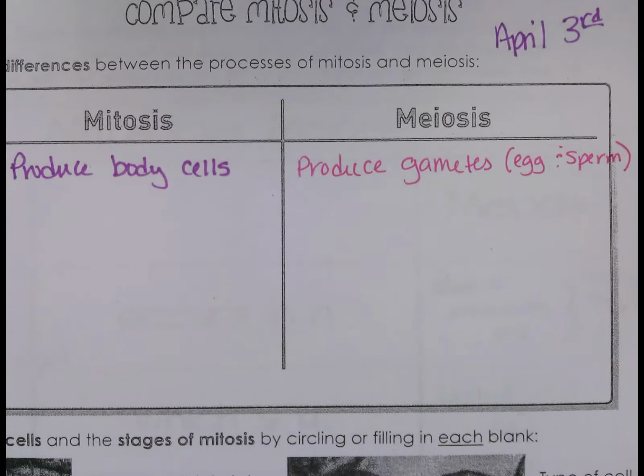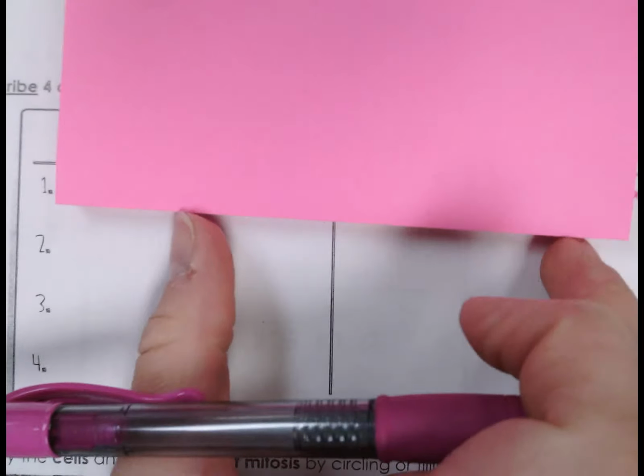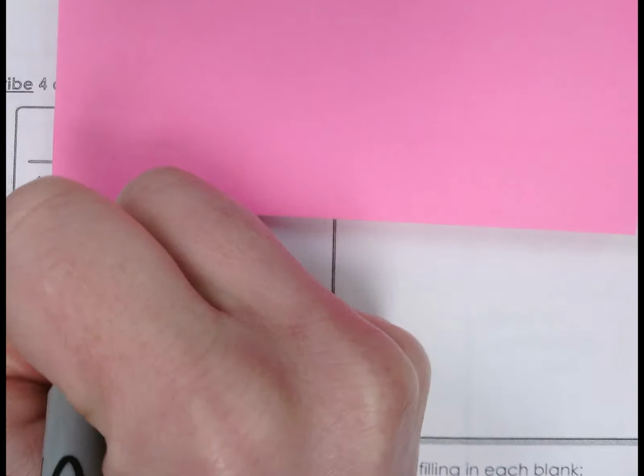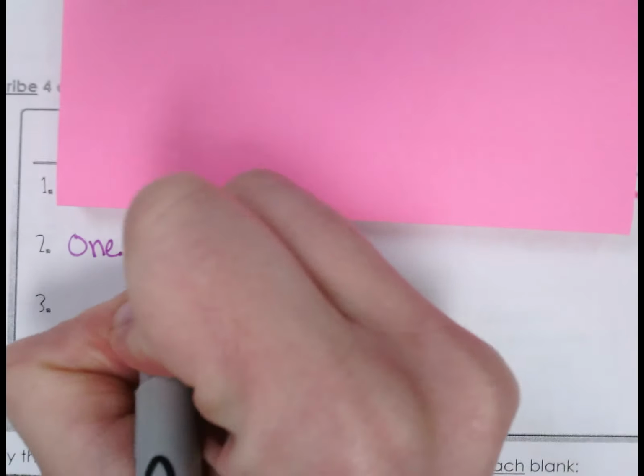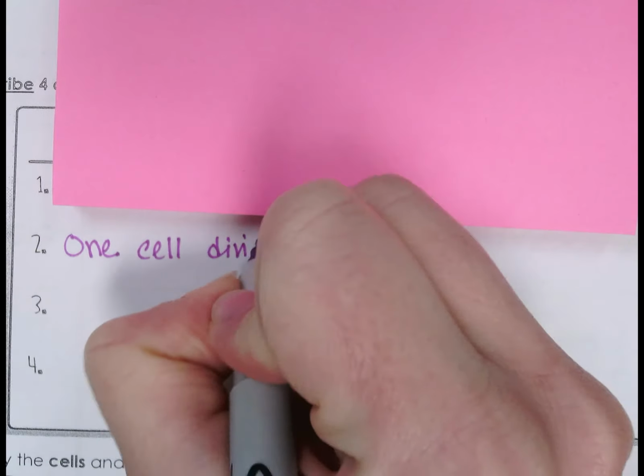Okay, so produce body cells, produce gametes. And of course, kind of cover that up for a little bit. The second thing that we're going to be comparing them, so this says describe 4 differences. I'm not really going to describe too much. Mitosis, 1 cell division,